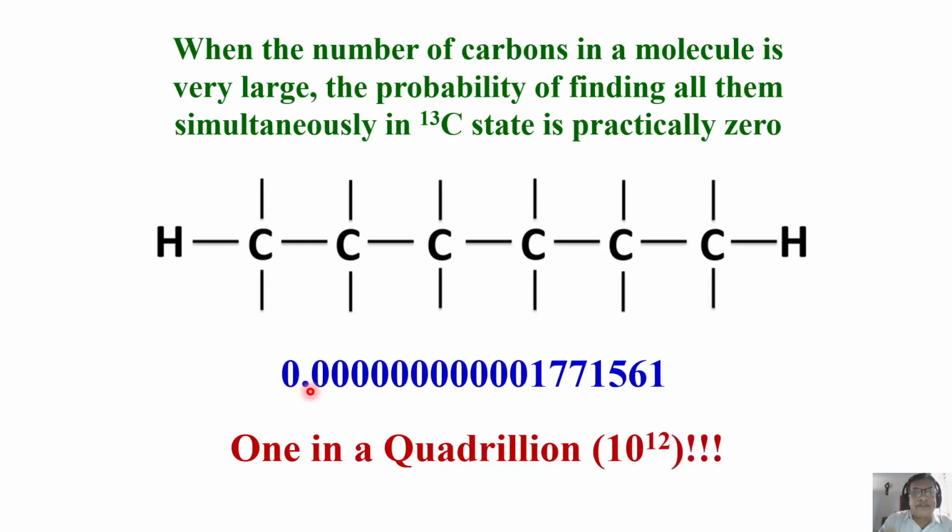You understand? The question is, how do we detect carbon-13? Now we'll go ahead further. I'll stop for the day. I'll come back tomorrow. I'll tell you more about how we get a carbon-13 spectrum in spite of the fact that abundance is low and the probability of seeing all the carbons in the carbon-13 state in a big molecule is so low, or practically zero. So we'll meet tomorrow.